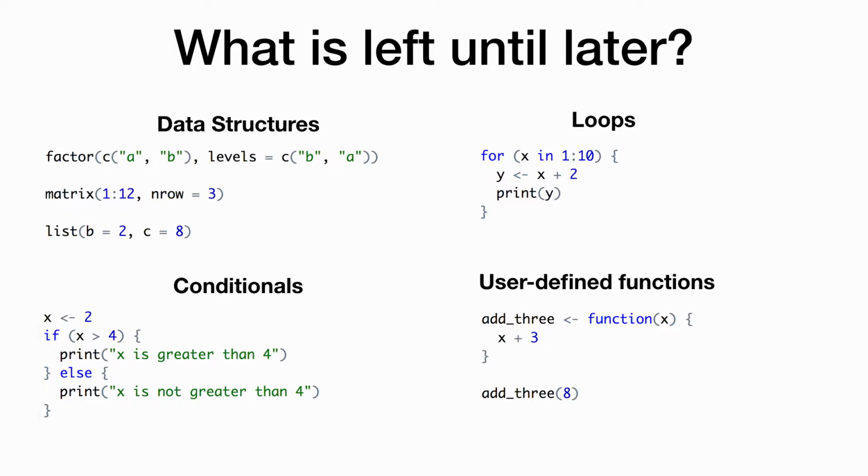So these are the kinds of code you might recognize from maybe your introductory R course or your introductory programming course. Some basic examples of how we can do an if and how we can create a function that adds 3 to a number. So we probably take these kinds of code examples for granted. But take a look at them. They're all useless. They're not doing anything.